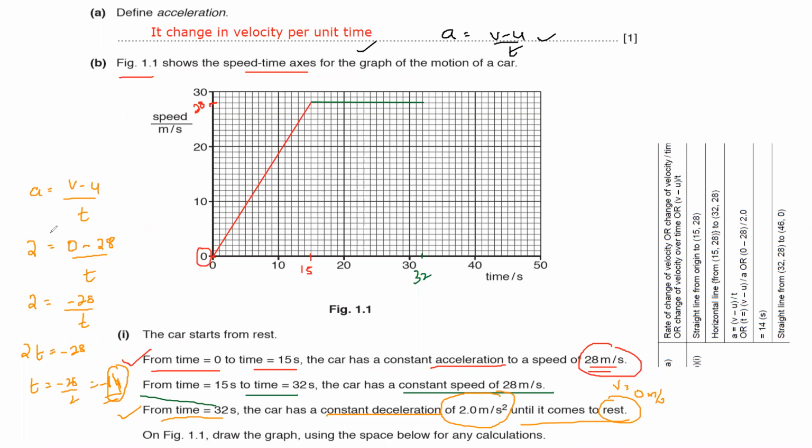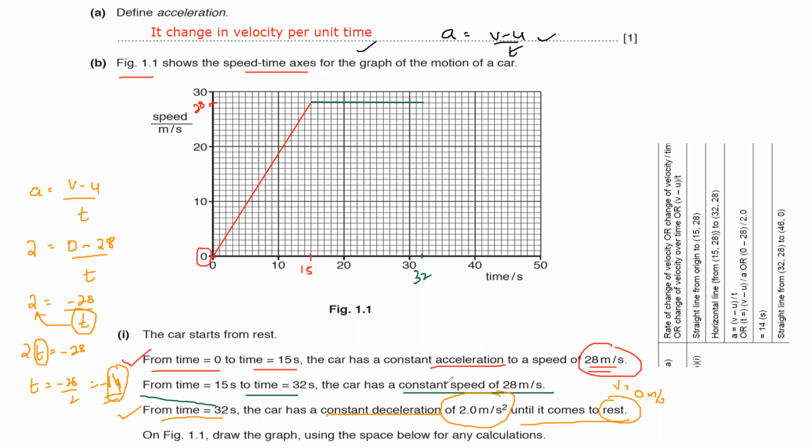How is it 2t? Look, Abdullah, the deceleration is 2, the final velocity is 0, the initial velocity is 28, and time is t. So 0 minus 28 is equal to minus 28. This t is divided here. In mathematics, if a value is divided on one side of the equals sign, on the other side it will be multiplied. That's why this t is divided, and on the other side it will be multiplied. So it will become 2t is equal to minus 28. But because we are finding t, the 2 is multiplied, so on the other side we divide. So minus 28 divided by 2 will come out as 14. So it will take 14 seconds basically